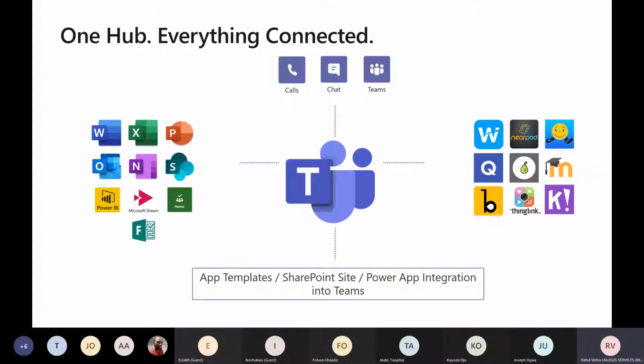So we just focus on the app, and the rest is taken care of by the platform.